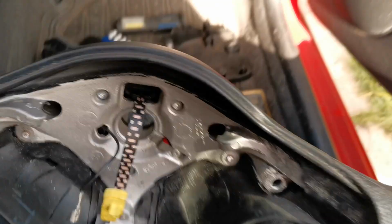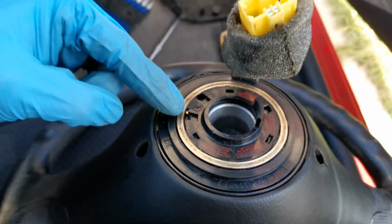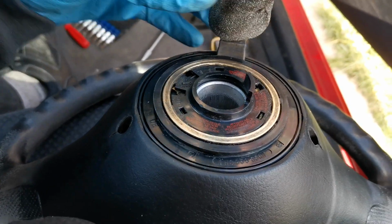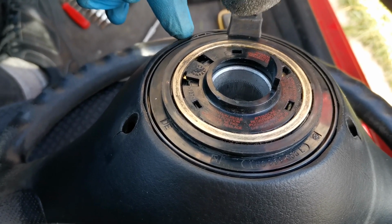So also, when I took this off, whenever you get these new clock springs, they always come set with the centre mark. But if you're not too sure of how to check whether it's centred or not,